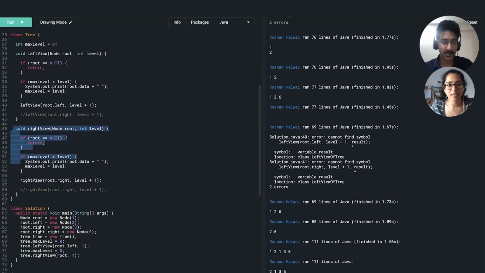So now our solution will not work because we wanted to go all the way to the left, then traverse all the way to the root, and then start from root and print the right. So we don't have to change anything here. This looks absolutely good,